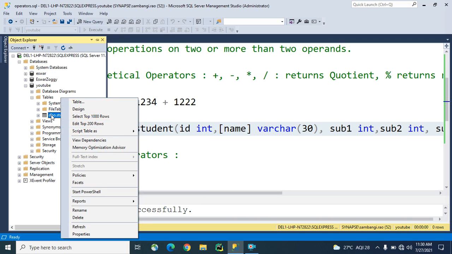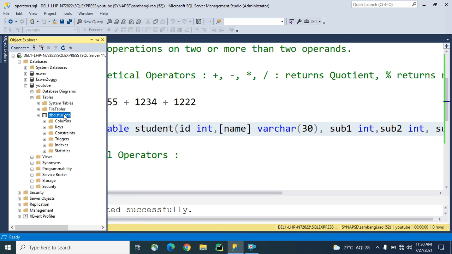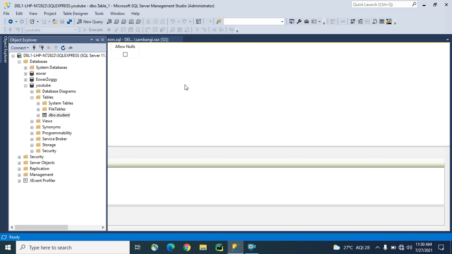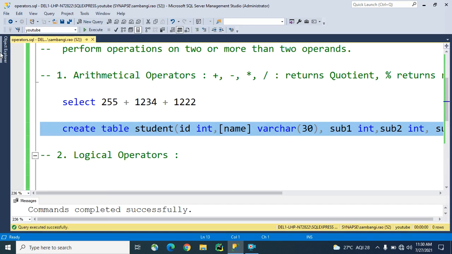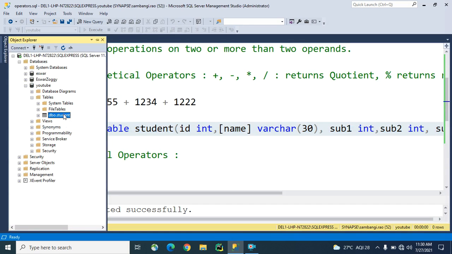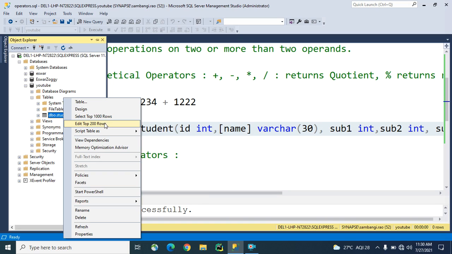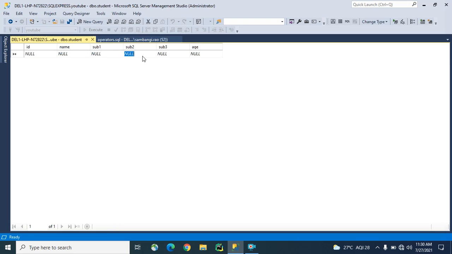I am going to open the table, and it shows the top 200 rows, guys.